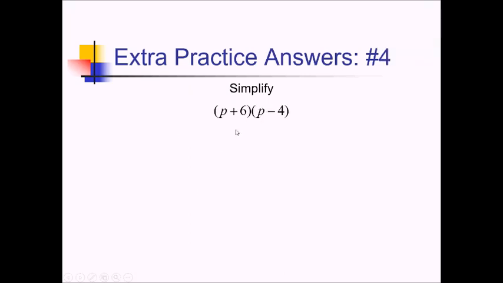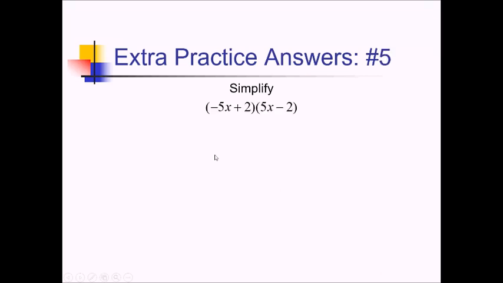For this problem, we're going to simplify by multiplying. So we're going to use FOIL, or distributing each thing in the first parentheses to each thing in the second. So we have p times p, our first terms, giving us p squared. And then the outer terms, p times negative 4 is negative 4p. Now the inner terms, we have 6 times p. 6 is getting distributed to the whole second parentheses. So 6 times p is plus 6p. And then 6 times negative 4, we've got negative 24. So that's going to be p squared, and combining like terms,